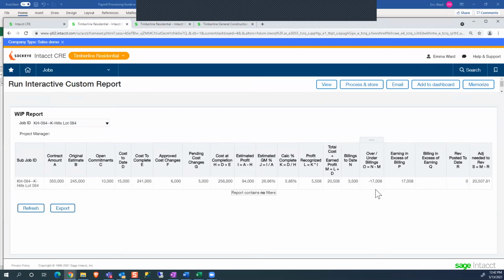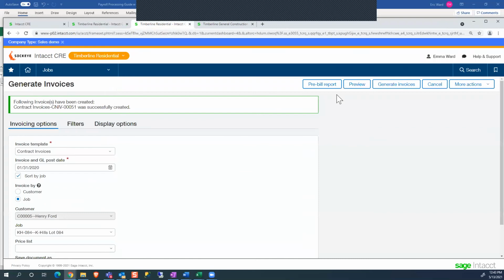All right. So just so we can see how this would flip, I'm going to go through. You can see that I'm really only a calculated percent complete at 5.86, but in my observed percent complete for February, I was 7% complete. So I'm going to invoice the other 6, and we'll see then this number is going to get flipped to billings in excess of earnings.